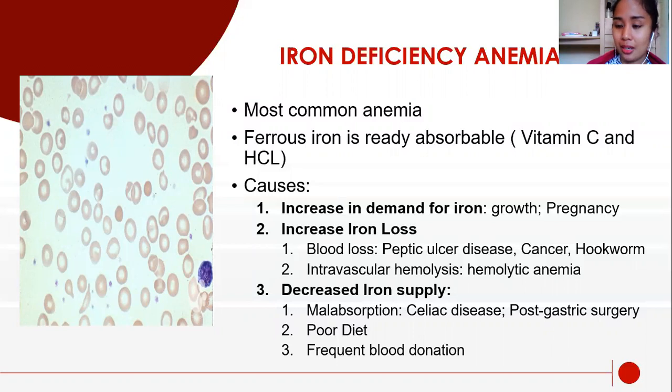Meron dyan, sa hookworm, how much blood do they get from the humans per day. Pang board exam nyo na yan, hindi ko naman tinatanong yan. But hookworm, wag nyo kakalimutan, ha? And next is decreased iron supply. So ang pinaka-common dito is malabsorption. Though people, it's heme iron, kunyari kumakain sila ng mga laman loob, ganyan, meat. However, they have malabsorption, then the iron that they ate has no use kasi hindi naman pala nila na-absorb